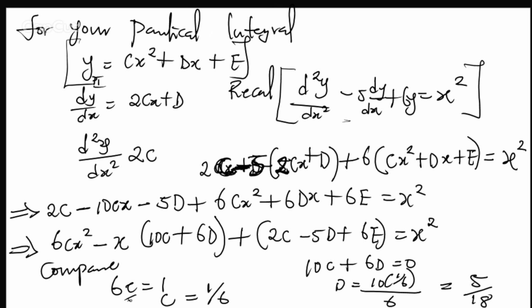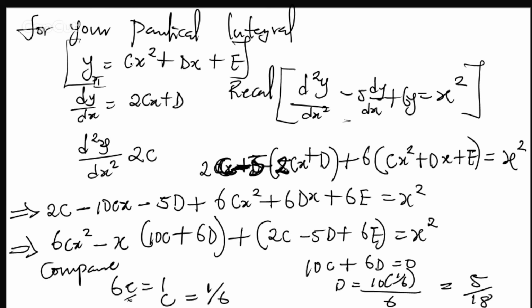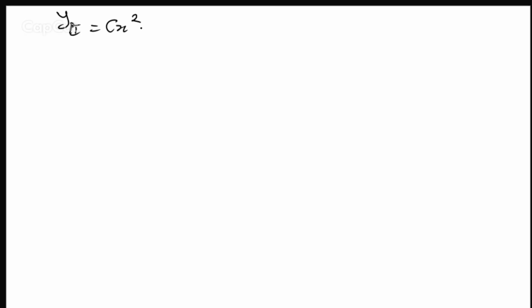CX squared plus DX plus E. And this is equal to, we already know our C. What's our C? Our C was 1/6. So this is 1 divided by 6 of